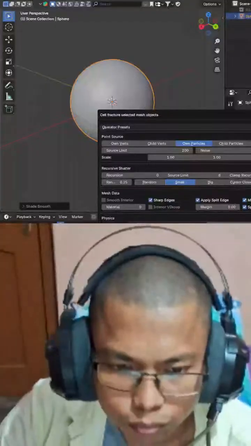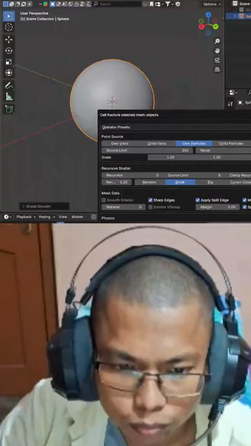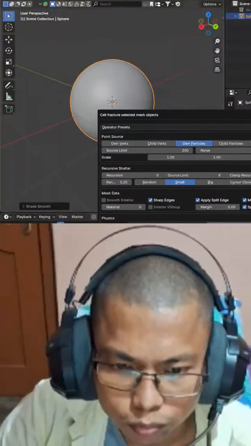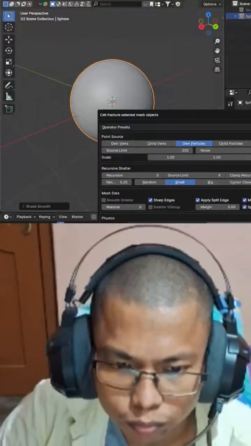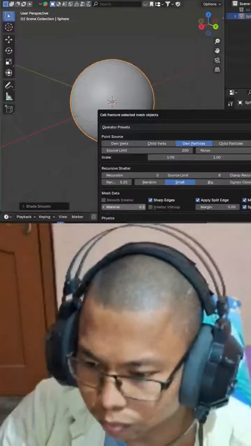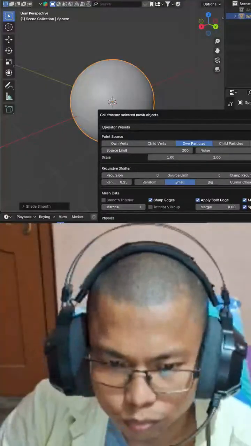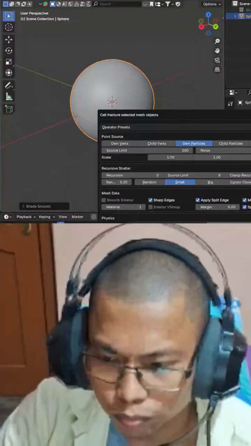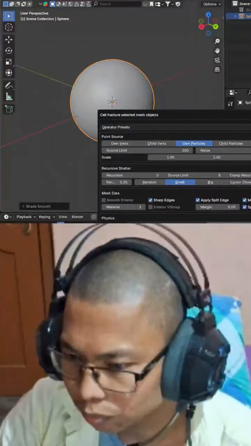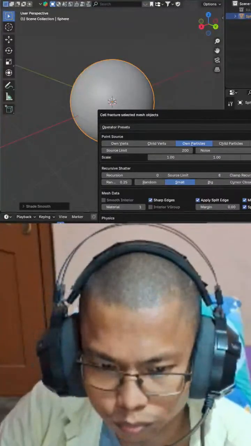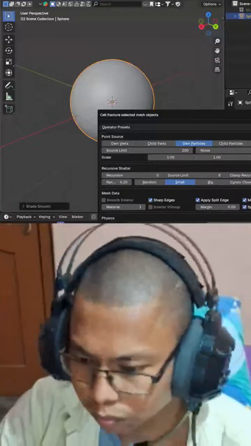And offset our material index right here to 1. This will make it so that the outside is one material and the inside is another. So with those settings enabled, if we click OK, we'll